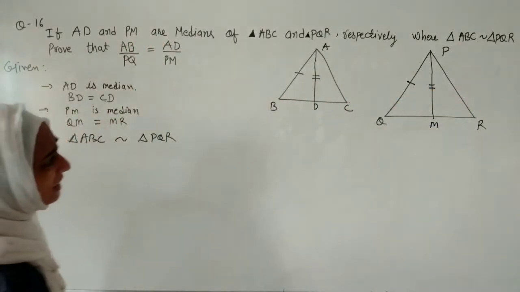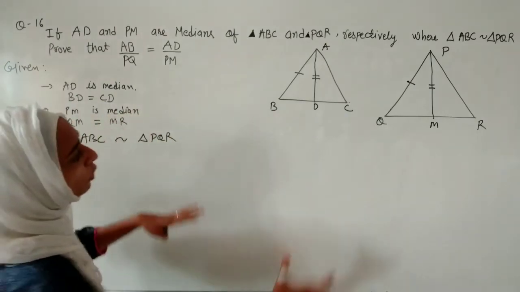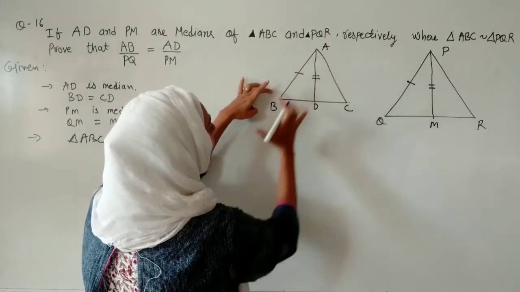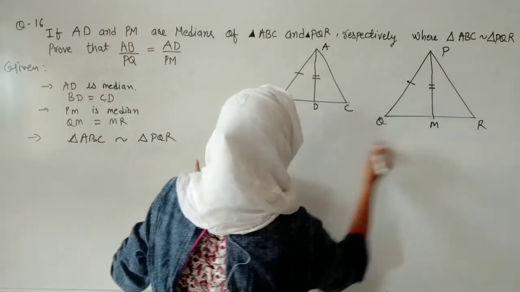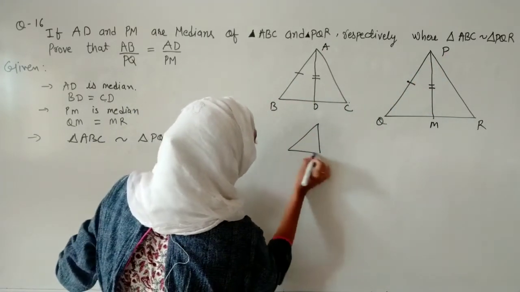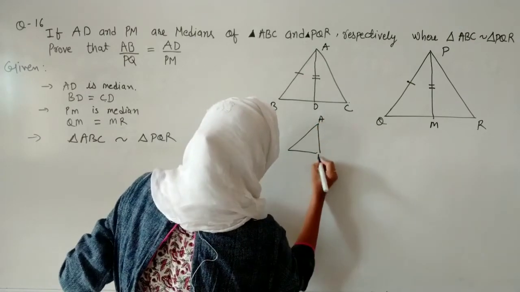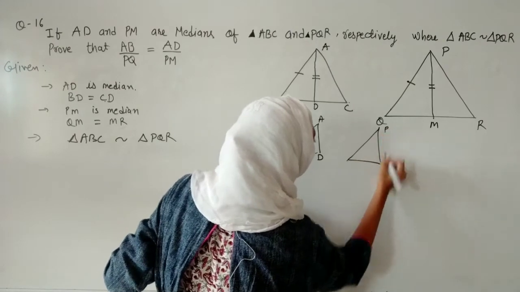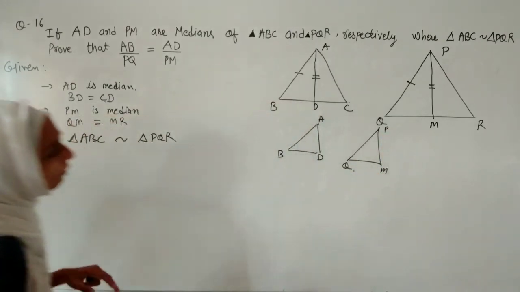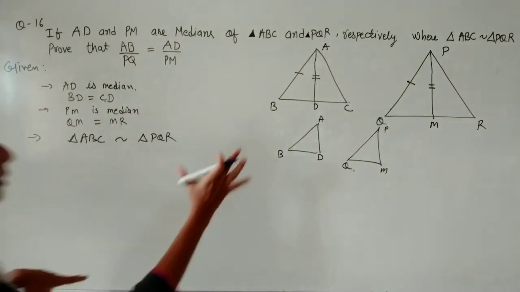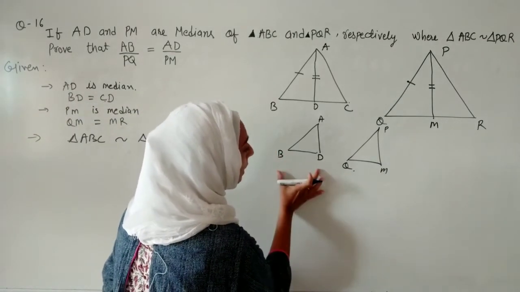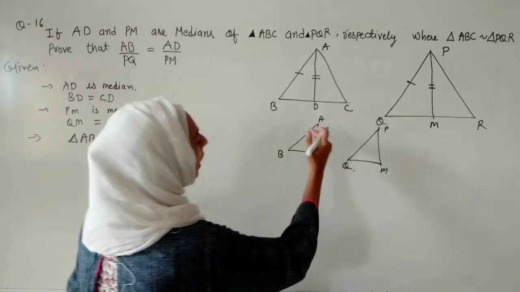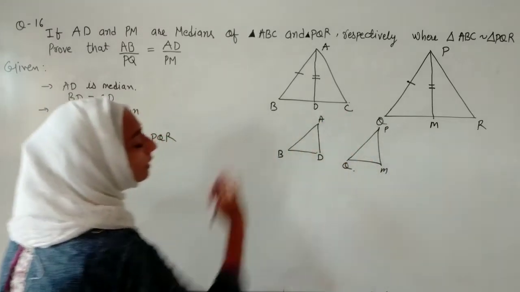So what will be its third side? Here we do not have to take this whole triangle, but we have to talk about ABD and this PQM. It means, in a smaller way, I am writing this triangle and another triangle as PMQ. So how can we write the ratio? If we prove these two triangles similar, then the ratios of their sides will be the same, meaning we have to find all six parts of this.